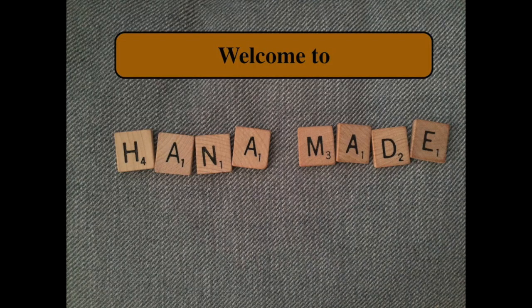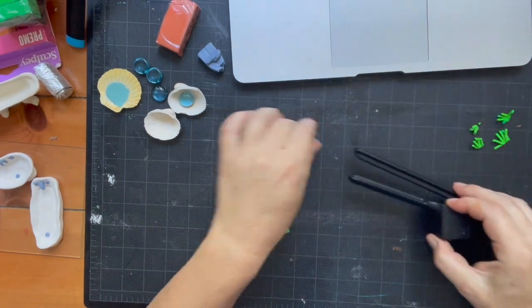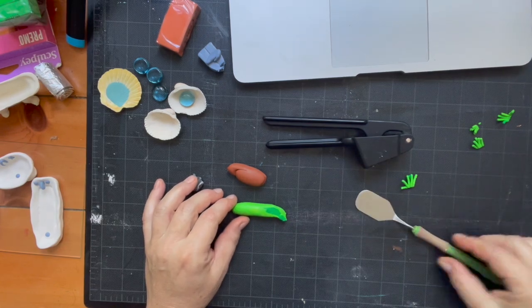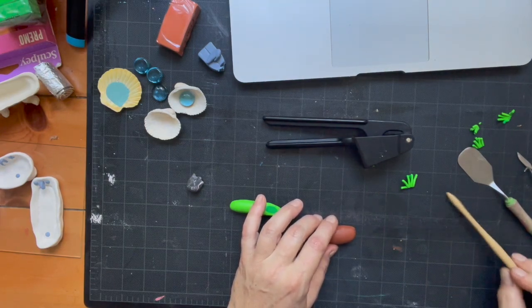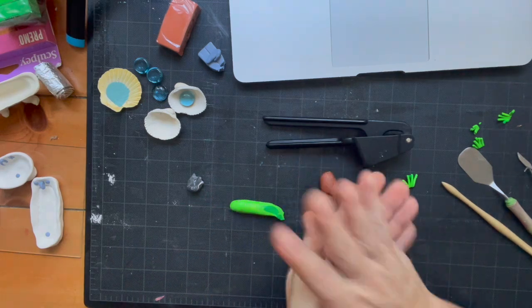So, this weekend it was raining after almost a month, and I took advantage of it and stayed indoors and played with polymer clay. I am actually working on a bunch of fairy houses. I'm turning doll houses into fairy houses, and I need all sorts of furniture and other furnishings, items, embellishments